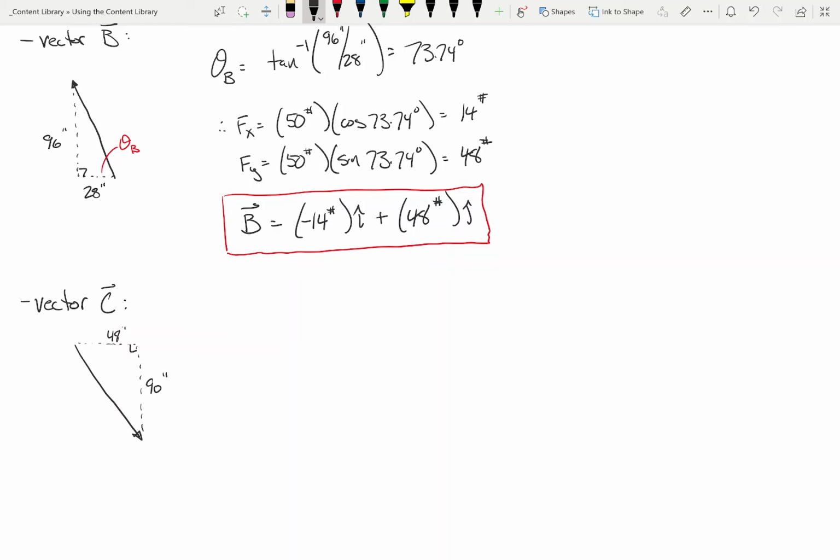That's 90. Which angle do I want? Top one. I want this one. So what do we got? We've got the inverse tangent of what? And that comes out to be,